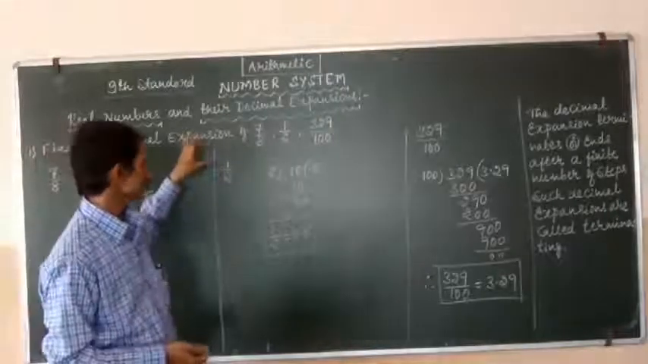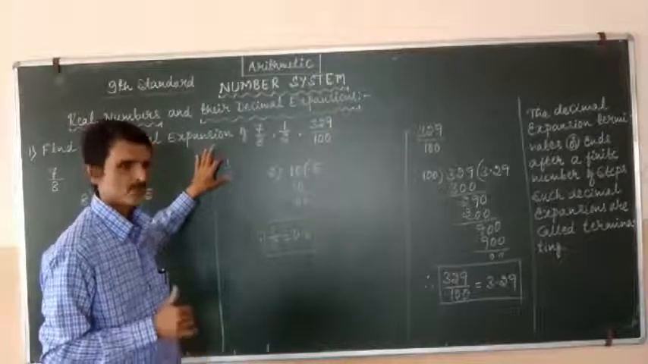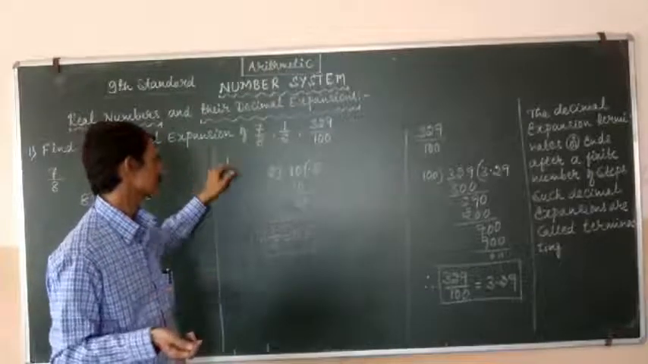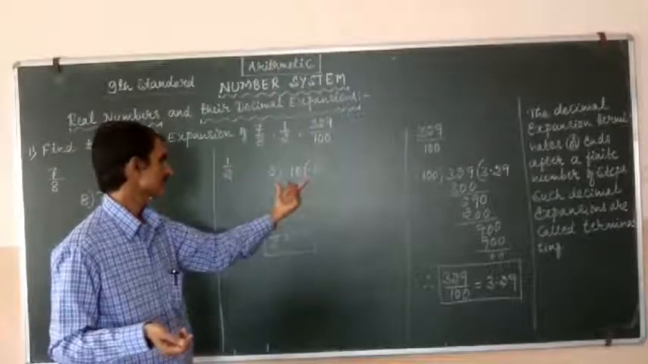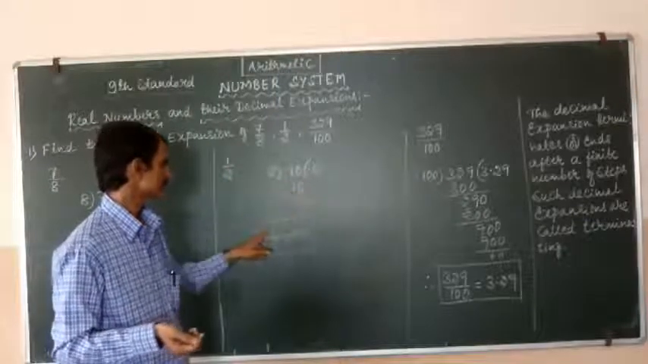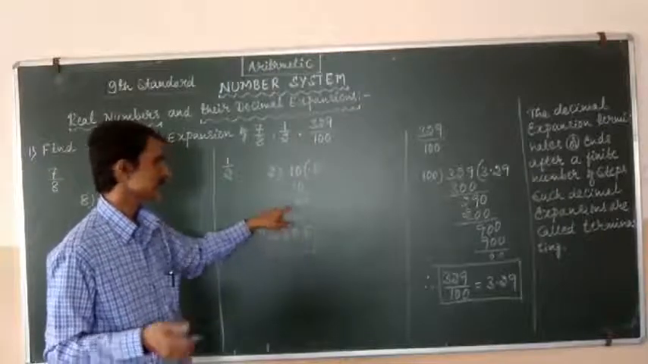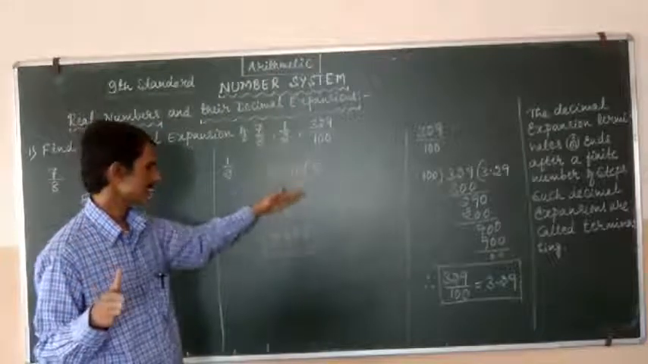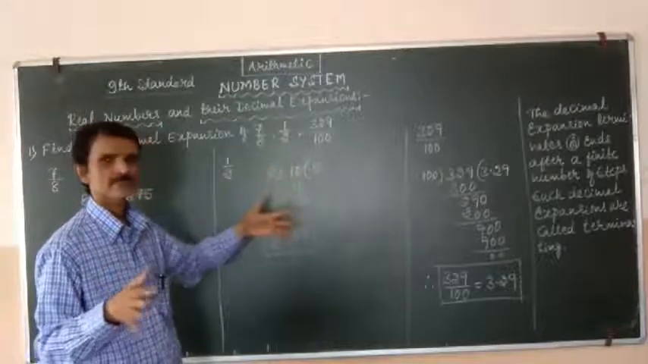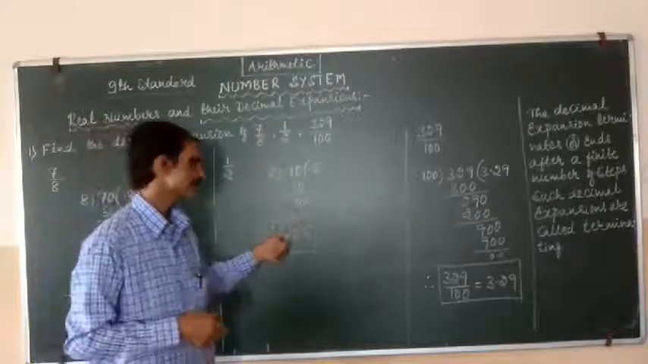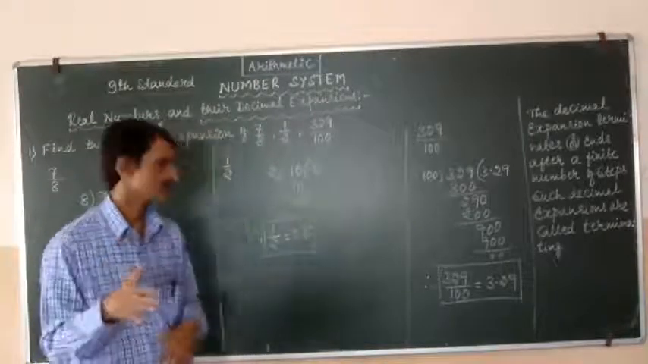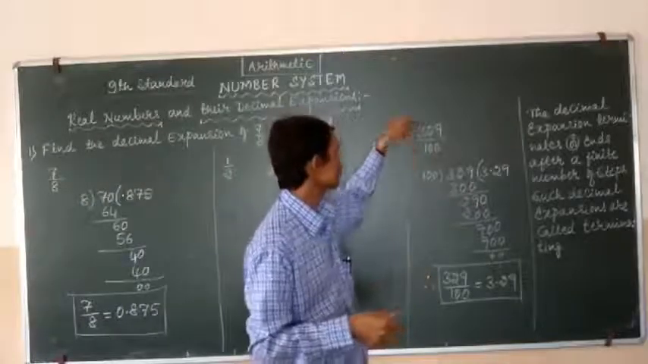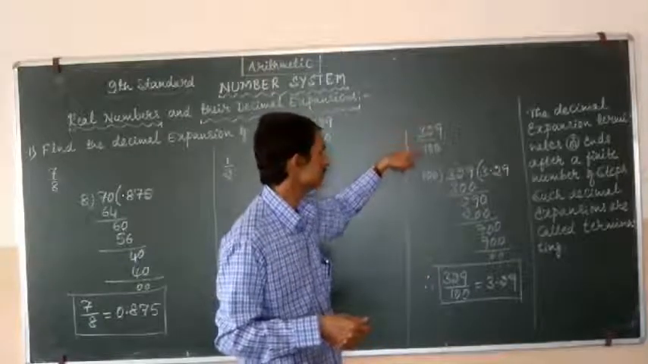Similarly, if we convert 1 by 2 to the decimal form, in its simplified form it will become 0.5. Here also, the remainder will be 0. That means the dividing process ends with the remainder 0. Similarly, in the third example, the value of 329 by 100,